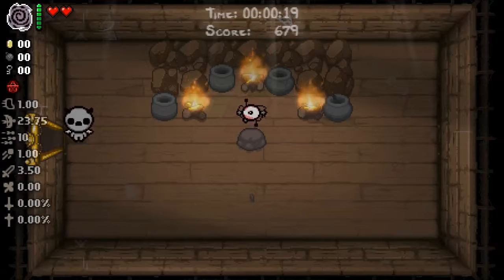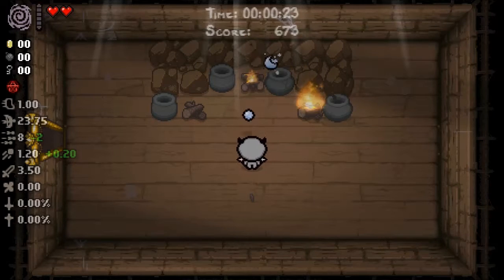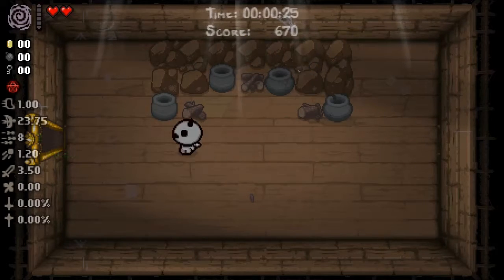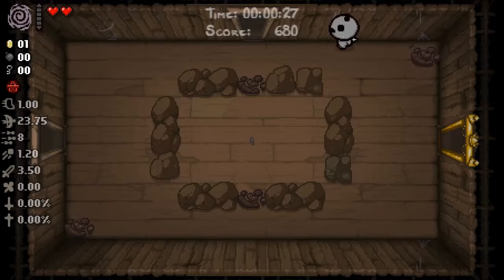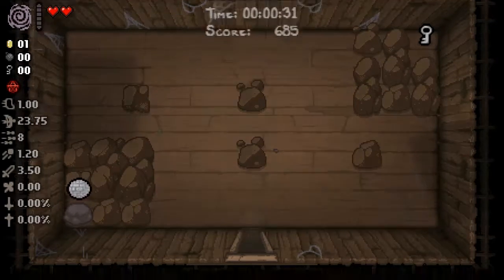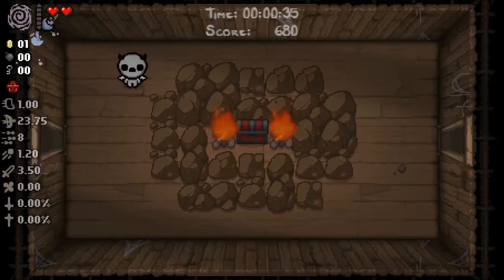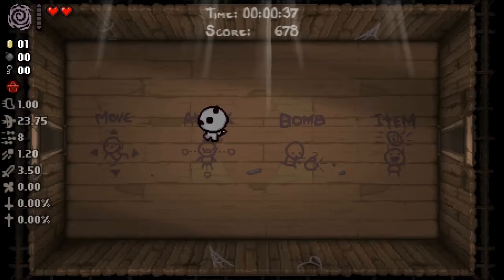So what do we got? Ludovico technique. Suck it up. Tears and shot speed. I'm happy about the suck. Ludovico technique is a tricksy play. The D100 is another thing to suck up there. If we can manage to get a charge, that is. Though,